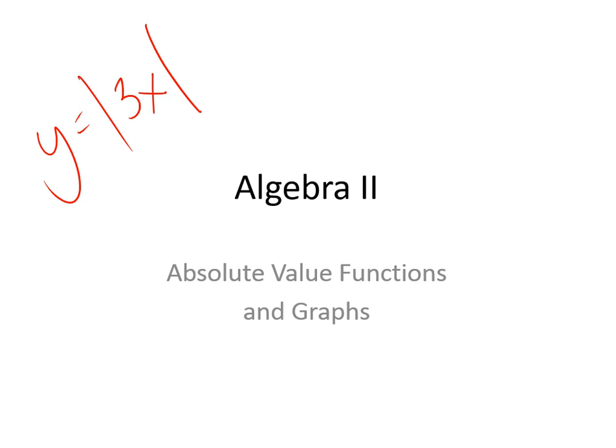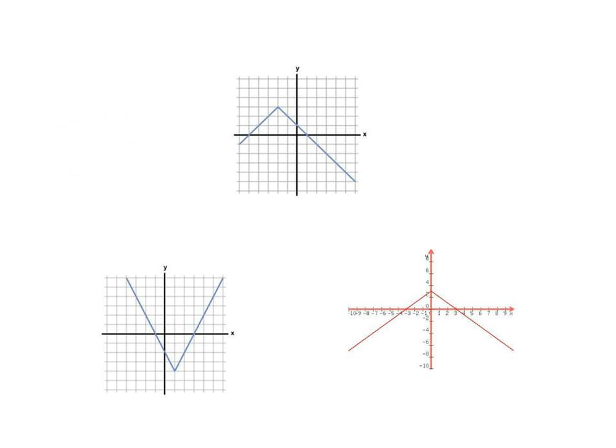Okay, and absolute values always come up with these type of shapes, which is like a V. It can either be opening up or opening down, and then we can shift it. And the main thing we want to identify here is the vertex or the turning point of these and the slope in which they're going up and down. That's the two things we want to identify whenever we're dealing with these